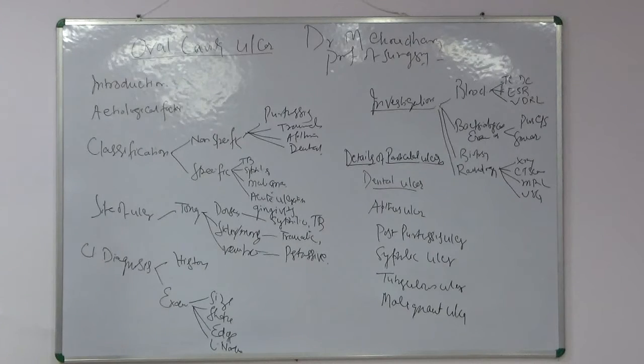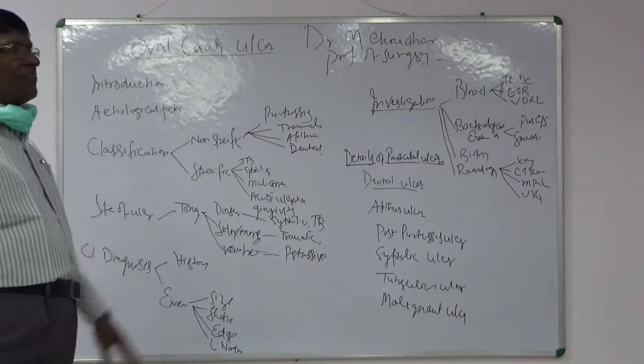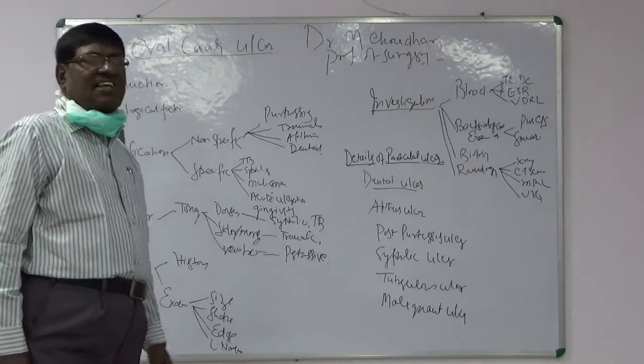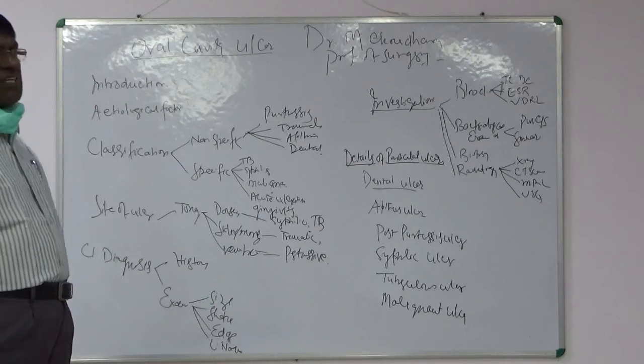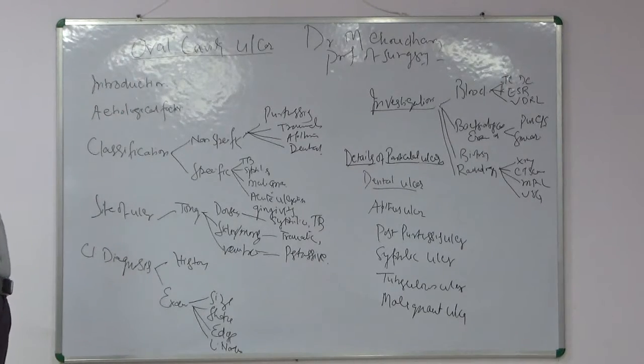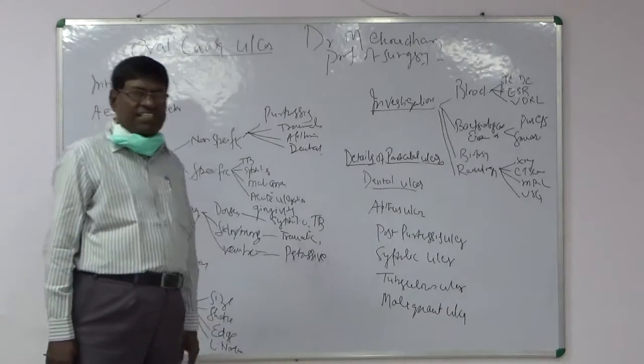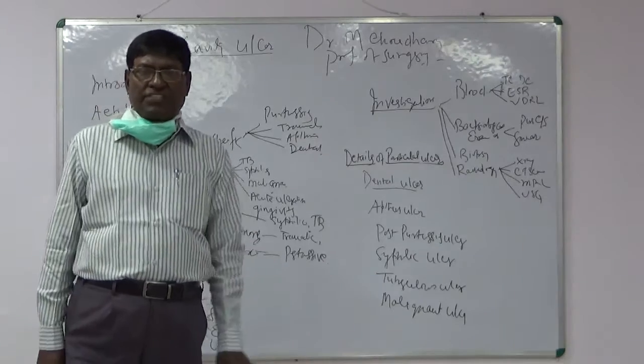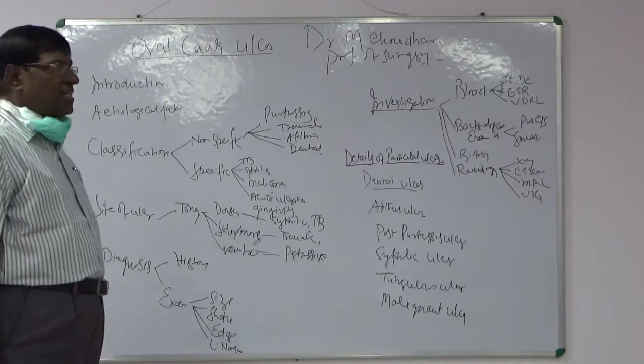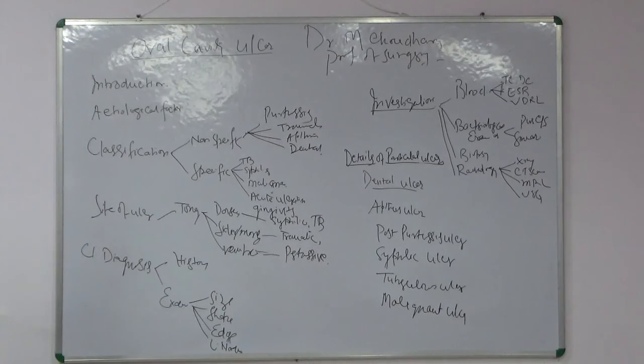the ventral surface of the tongue, on the sharp edge of the incisor teeth, the lower incisor teeth, and that causes ulceration when it remains in contact for a long time, and so post-pertussis ulcer occurs on the ventral surface of the tongue. So the tongue is the most common site for oral ulcer, and it is of great importance.